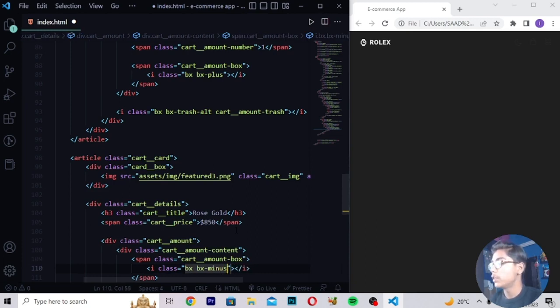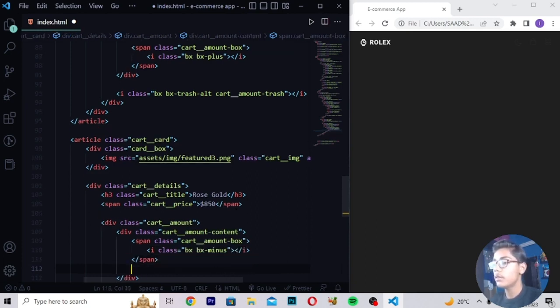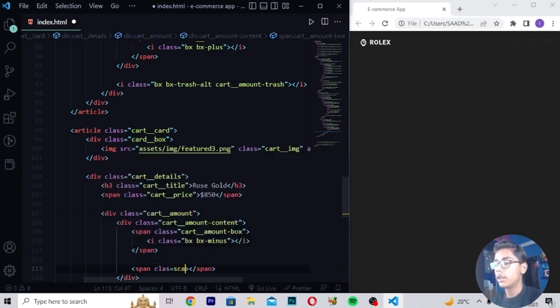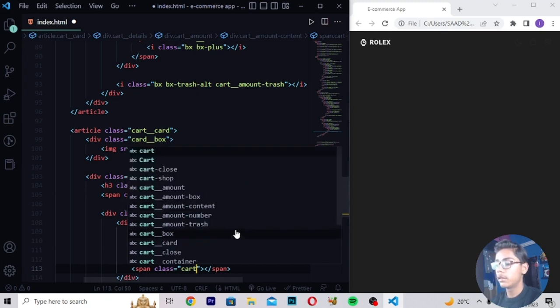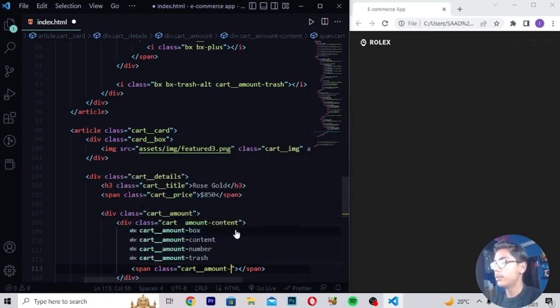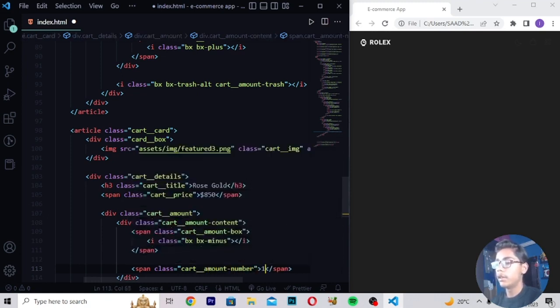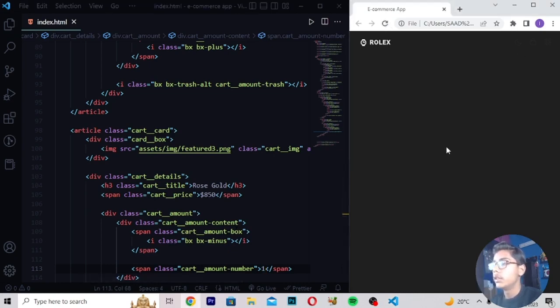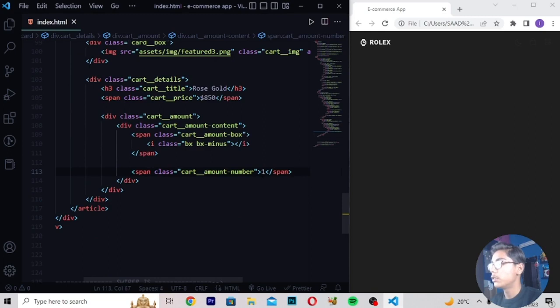Then when you've written this thing, just here you have to now move down, right here span class card. So here I will be writing card amount, then I will be writing here number 1. Then when you've written this, just you have to save, then reload. So here now when you are just getting all this stuff, here I will be moving down and right here